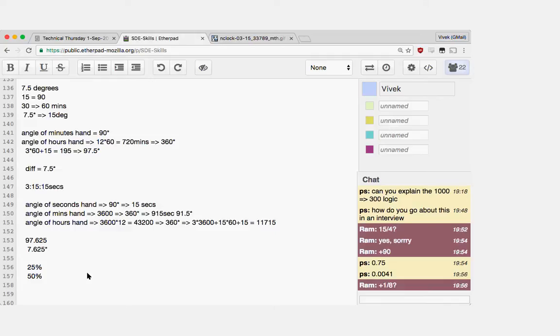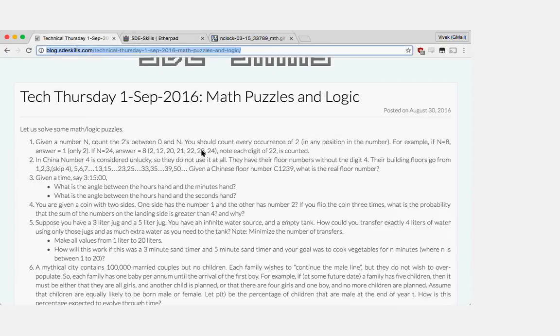Gaurav says 1/4, which is 25%. Anybody else with a different number? Vivek, if you don't mind, can you go back to the question, please? Oh, absolutely. You should have the link to the blog, so you should be able to look at it yourself, but I have it here. The question is, you're given a coin with two sides. One side has the number 1. You flip it 3 times. What is the probability that the sum of the numbers on the landing